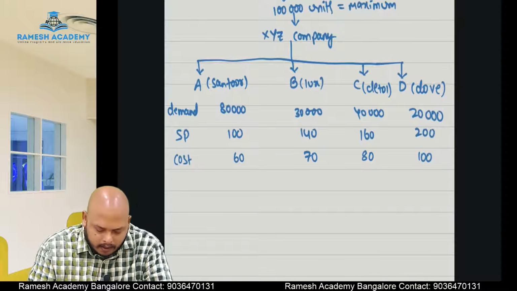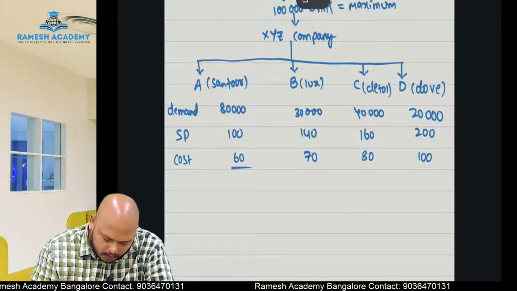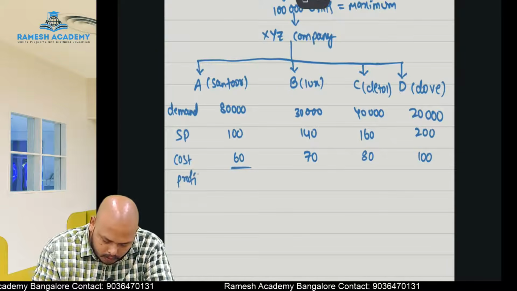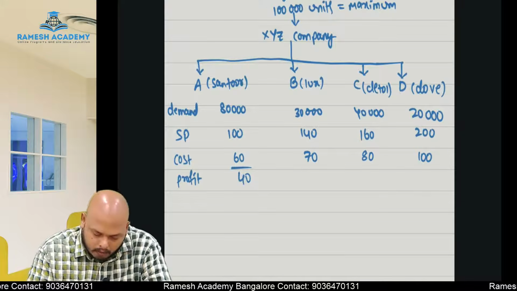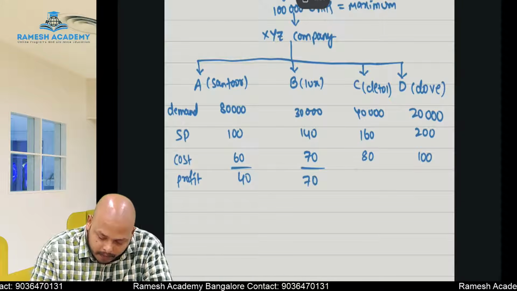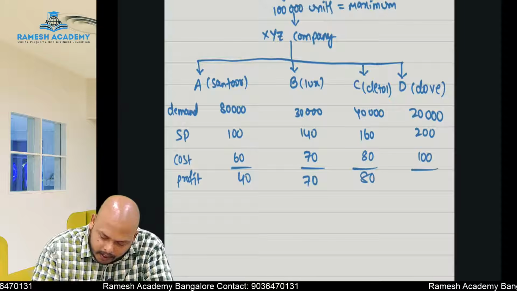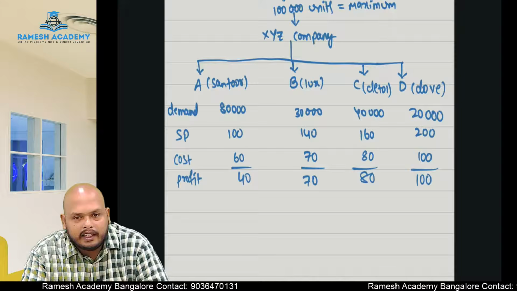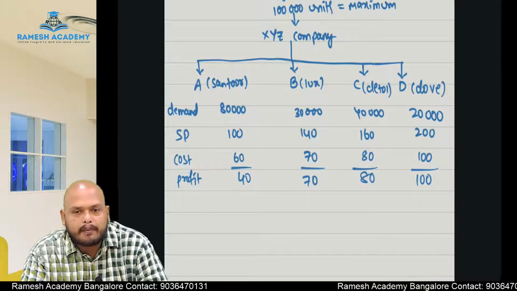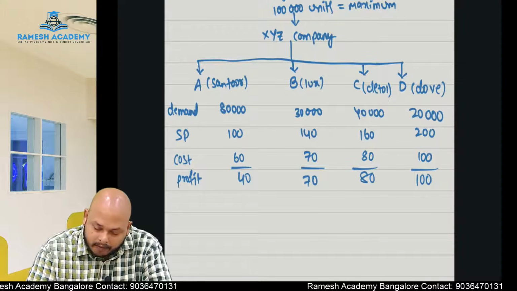If you see here, selling price minus cost, the resultant figure is what? Profit. What is the profit here? 40 rupees. What is the profit here? 70 rupees. What is the profit here? 80 rupees. What is the profit here? 100 rupees. So obviously the first priority will be given